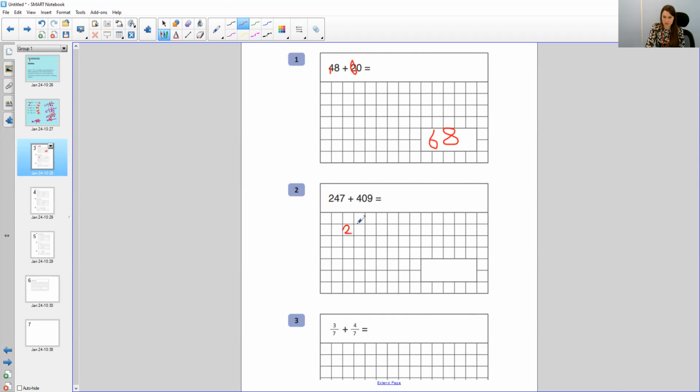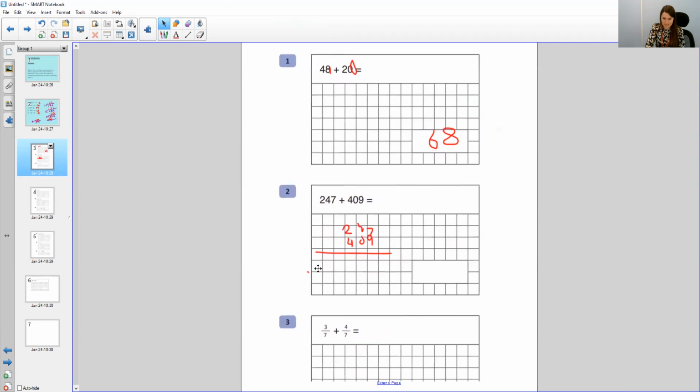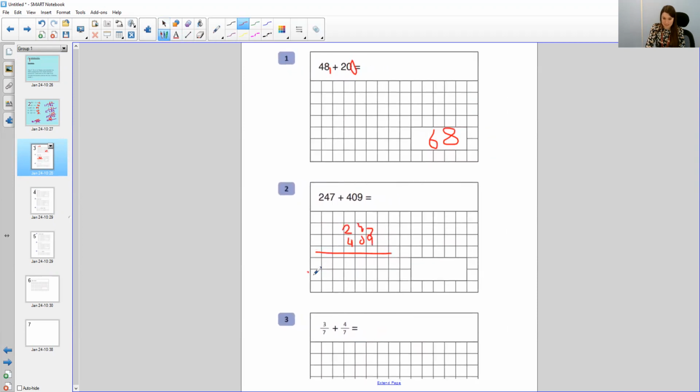Okay, column addition should be used here. So your writing will be much neater than mine, trying to use my mouse. So once I've stacked up my numbers, I've got 9 add 7, which is 16. So I need to regroup my 1 underneath. A 4 add nothing, add 1 is 5, and 2 add 4 is 6,